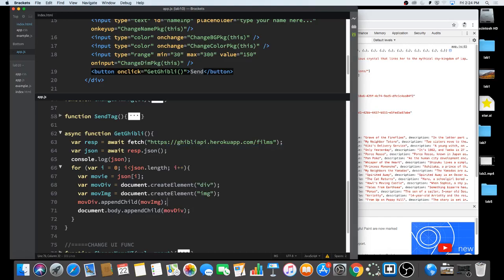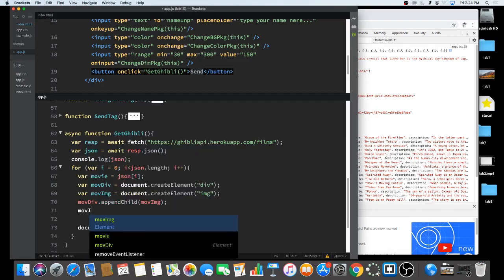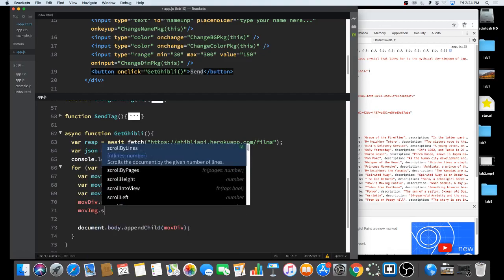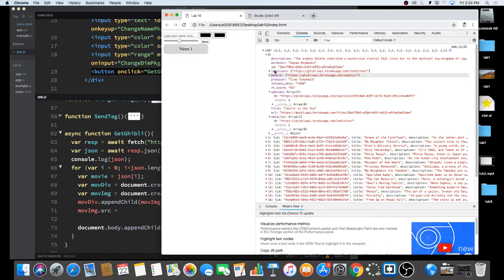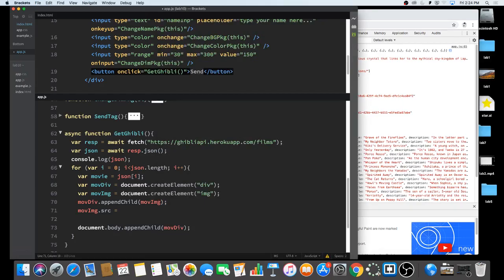And before everything happens, gonna change some stuff. Movie image.src. I don't know what it is, but I know it sends me back an object, and one of them looks like an image source. I mean, which one do you think it could be? Maybe the URL or something like that, or maybe somewhere here there is an image source, but you don't know what it really is. But you can try it,